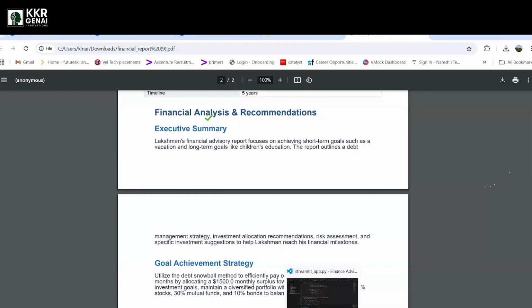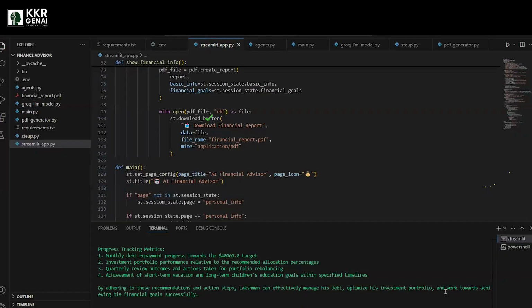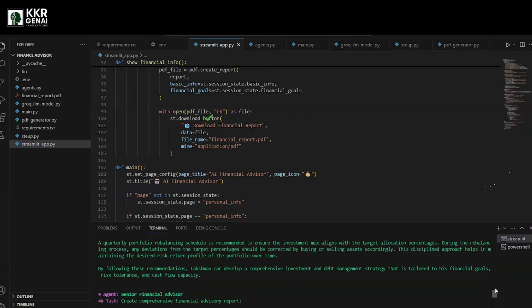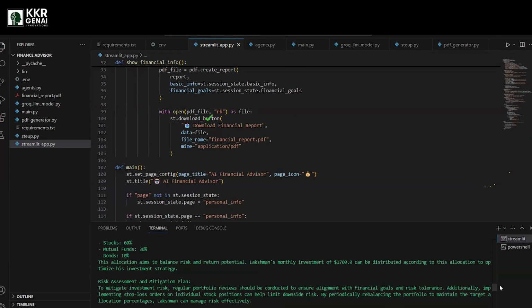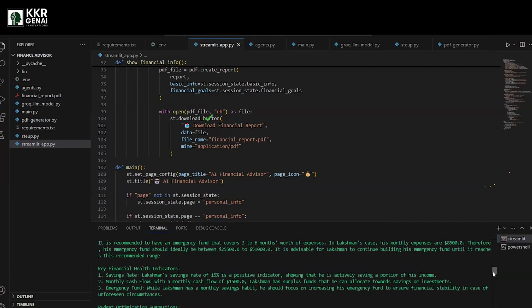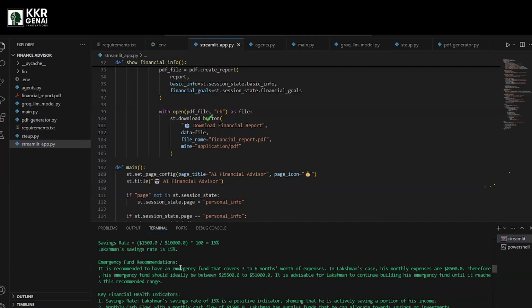And as you have seen in the code, as I have told, here there will be a detailed log of how each agent is communicating between them. Here you can see the investment strategy analyst is giving all the debt management strategy answers and investment allocation related output, and the financial analyst is giving us the finance related output, and it is doing some calculations as I told you.